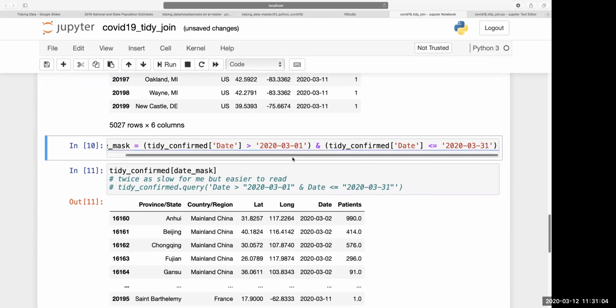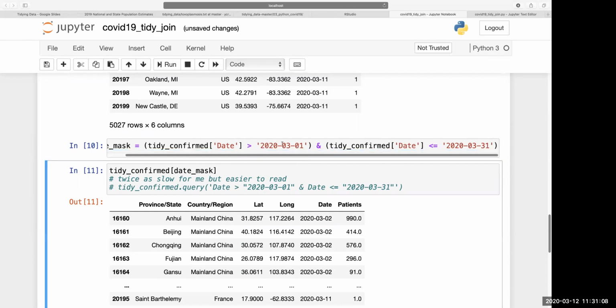So I can ask about just the cases that happened this month by asking for rows in this column, date, that are greater than March 1st but less than March 31st. So if I can construct that mask and index on that mask,